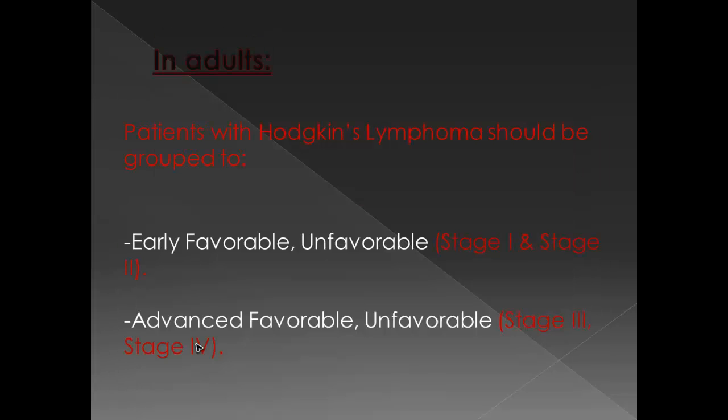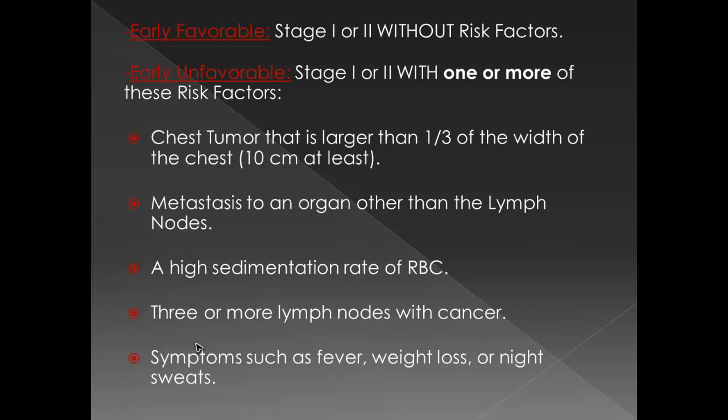In adults, the treatment is grouped into 2 main groups: early and advanced, and each one is subtyped into 2 types: favorable and unfavorable. Early includes stage 1 and 2, advanced includes stage 3 and 4. The early favorable includes stage 1 or 2 without risk factors, which we are going to discuss. Early unfavorable is stage 1 or 2 patients with 1 or more of the following risk factors: chest tumor, which is